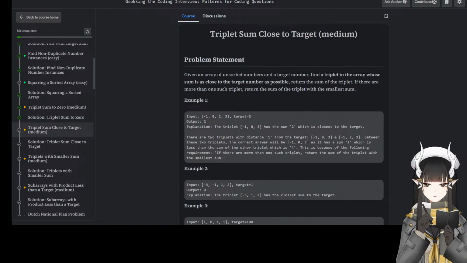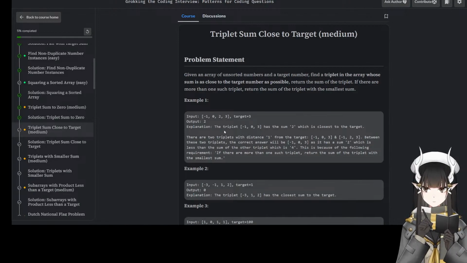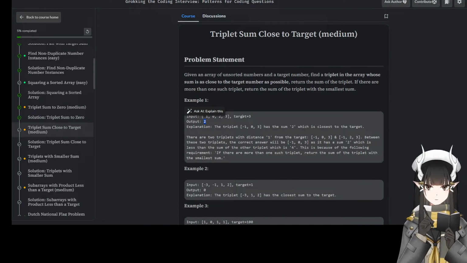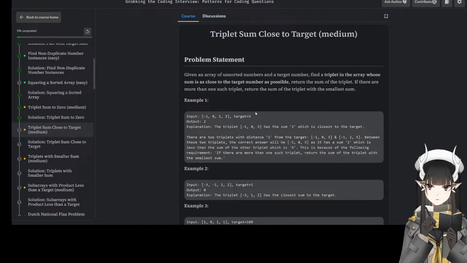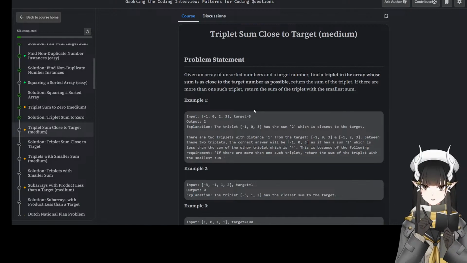So input is this, target is 3, output is 2. Wait, what do you mean output 2? Find a triplet in the array whose sum is closest to the target number.